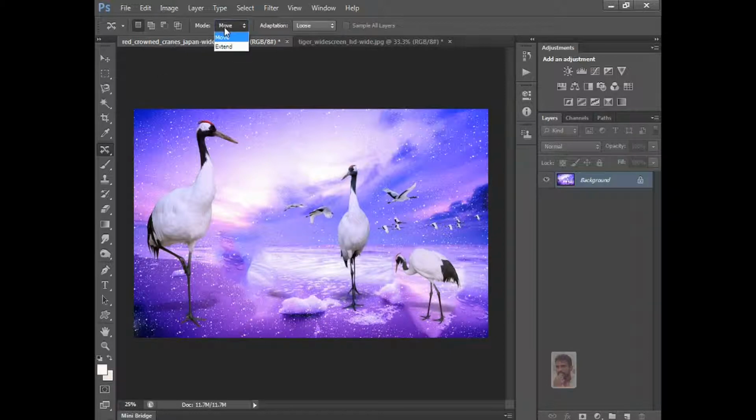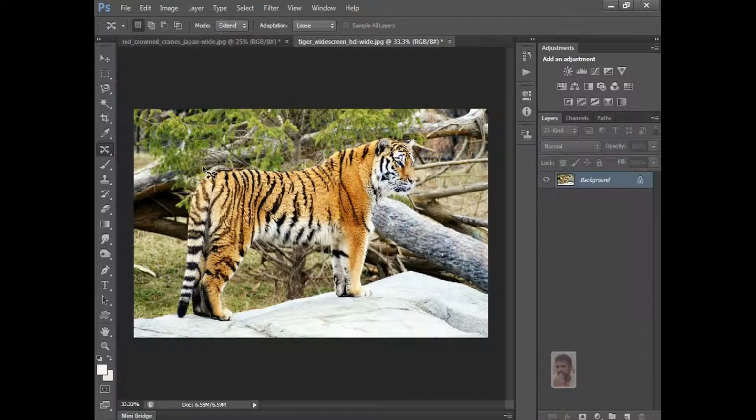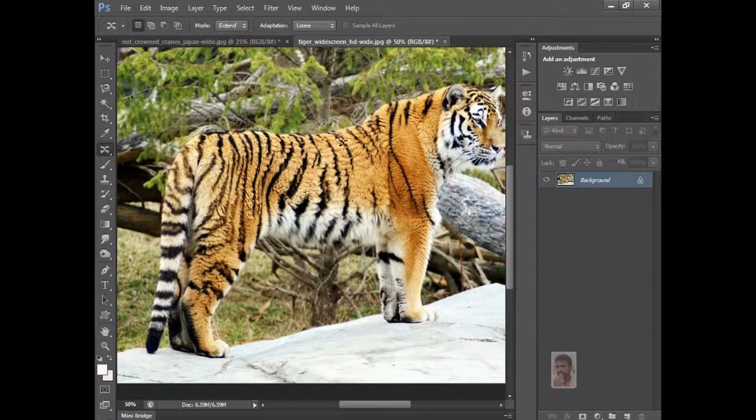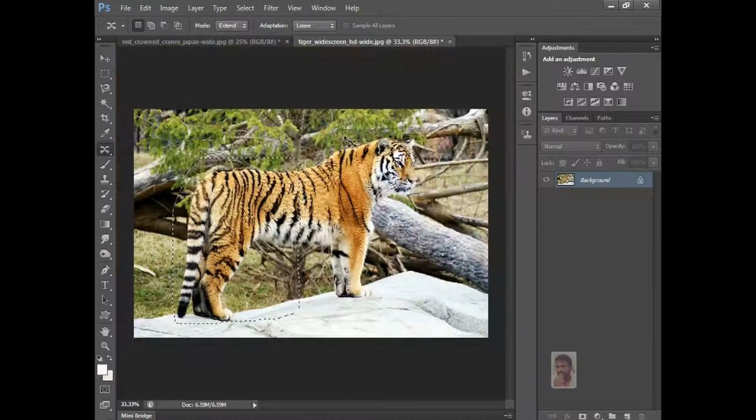Okay, now we'll go to extend. I'll take one more image. Extend means whatever image we want to extend. Okay, just take this. Select from here, select it, and just drag it.